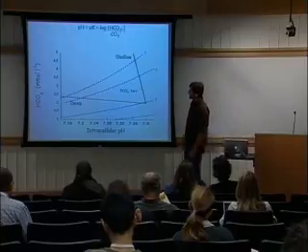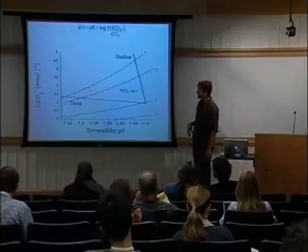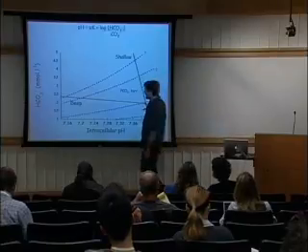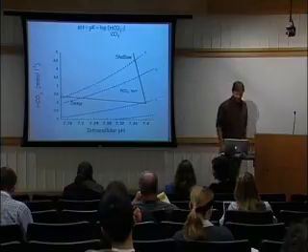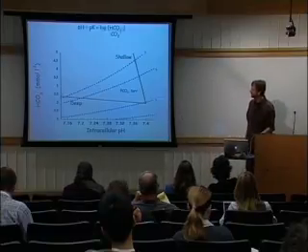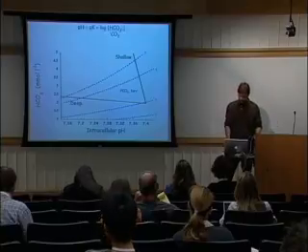So this is data from a deep and a shallow living squid, just showing buffering capacity and what the effect actually has on the pH. So you get a much larger change in pH for an equivalent change in PCO2 for a deep versus a shallow living organism.